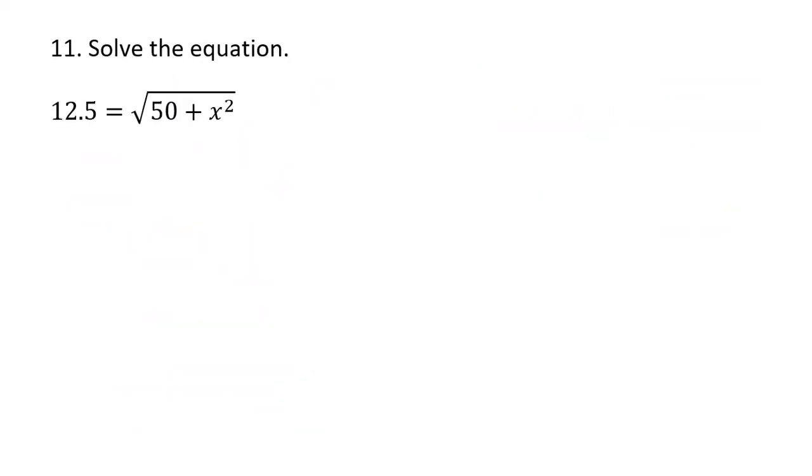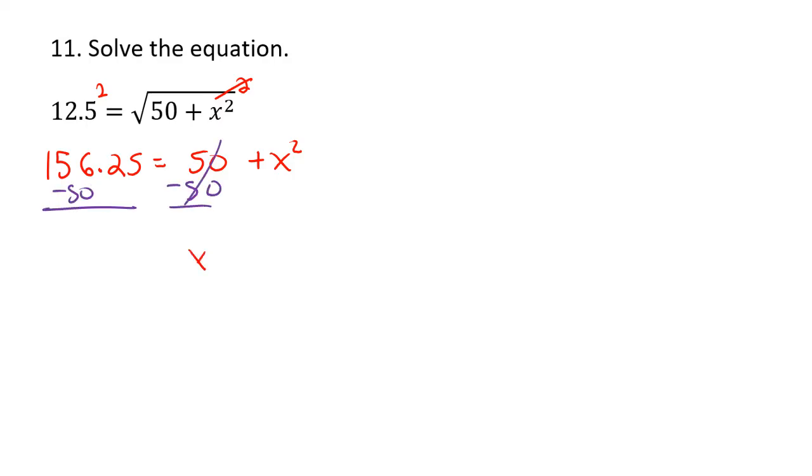All right, so for this problem, we're going to get rid of the radical by squaring both sides. And then we're going to have 12.5 squared is 156.25 equals 50 plus x squared. We're going to minus the 50 over. We'll have x squared equals 106.25. Square root, x is going to equal roughly